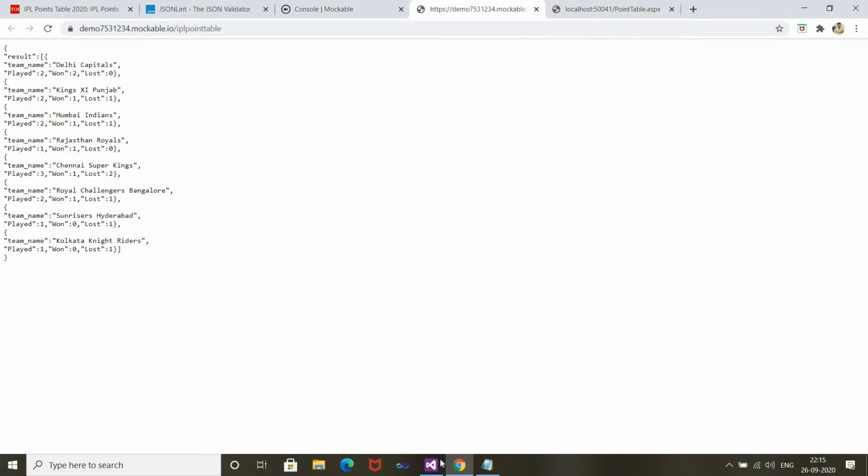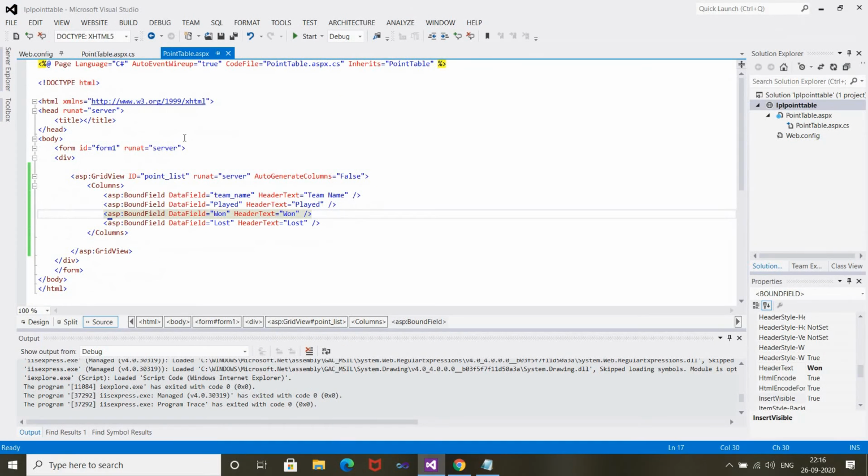Now what I will be doing is consuming this API called IPL points table in C#. I will be using a grid view to make a table of the IPL points table. I will be creating one grid view, and I have given its ID as point list and runat server.